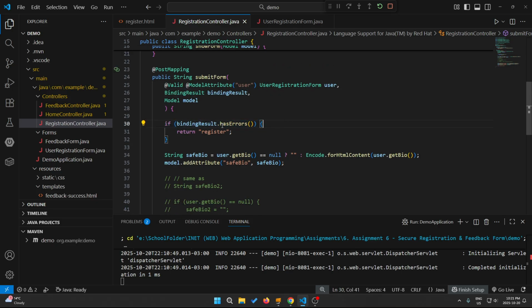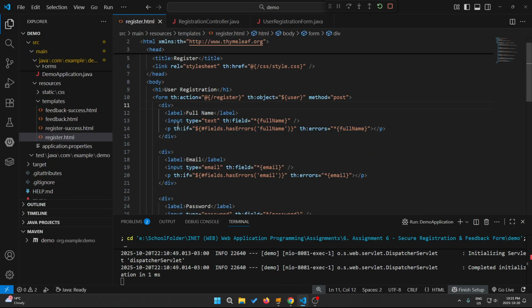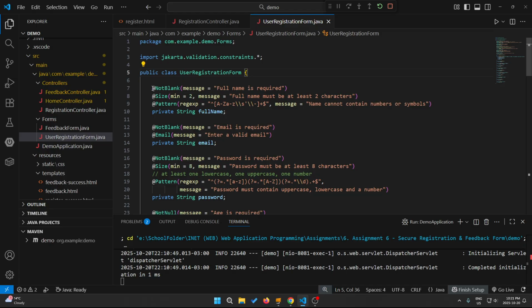If binding result has errors, then immediately display register again. And so now this paragraph, Thymeleaf will say if the field of full name has errors, display those errors. So if any of these evaluated to be an error, so let's say I entered nothing